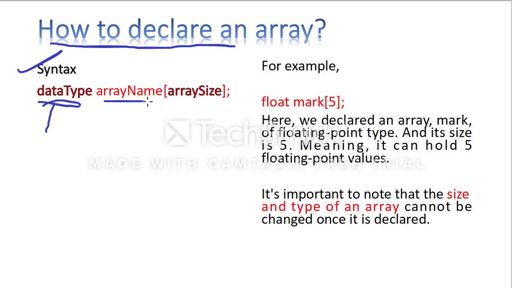Next, the name of the array you can give here. The name starts with alphabets. Same like a variable, the array name can start like a variable name. Already we have discussed how we can declare variables. We have to start the variable name with alphabets or underscore or dollar. Don't start with numbers. Same here, for the array name you also have to follow those rules.